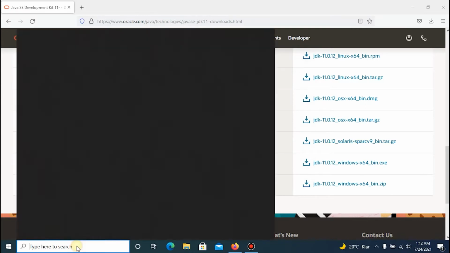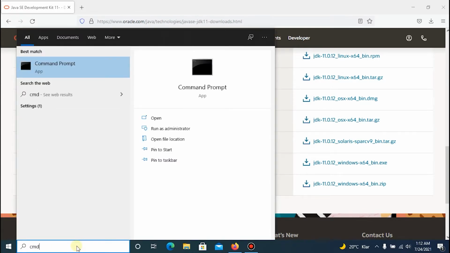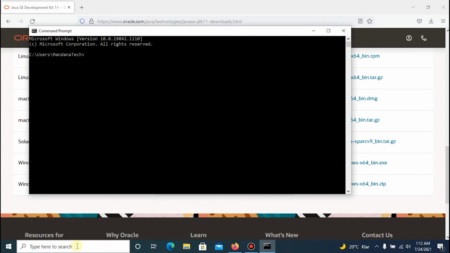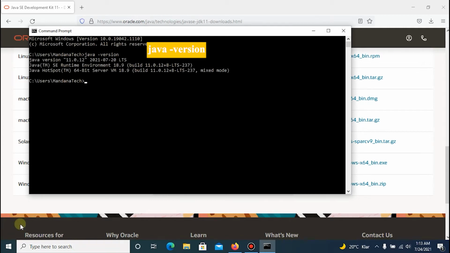Okay, to check whether Java is installed correctly or not, we use the command prompt, and by using this command, java -version, we check that everything is okay. Java version 11.0.12, the latest version that we installed.